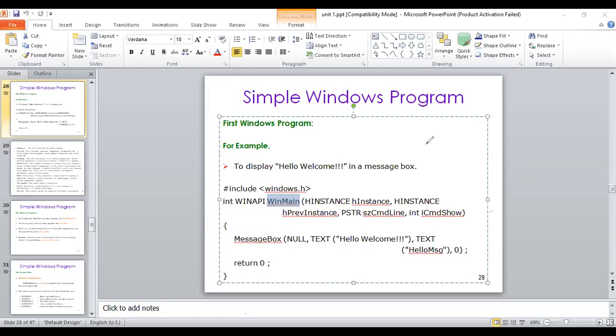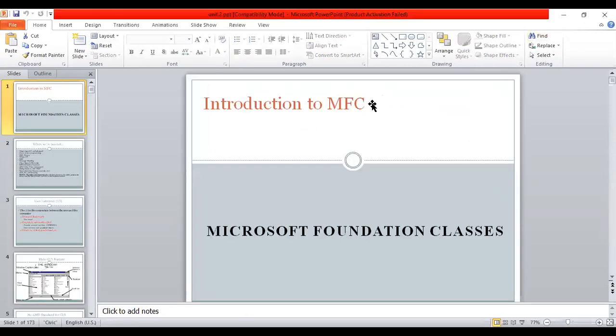As we are using the object-oriented concept, that is the C++ concept, we have classes. The classes are generally present in MFC, the Microsoft Foundation Classes. All the Windows application programs are basically present in the Microsoft Foundation Classes. This is called MFC.